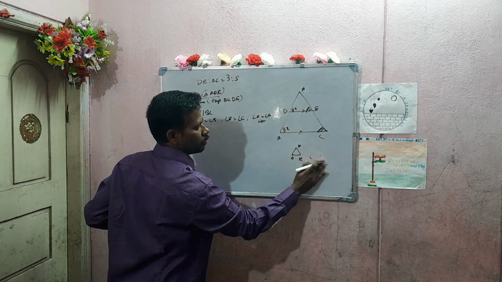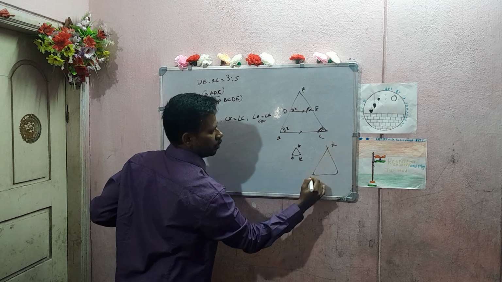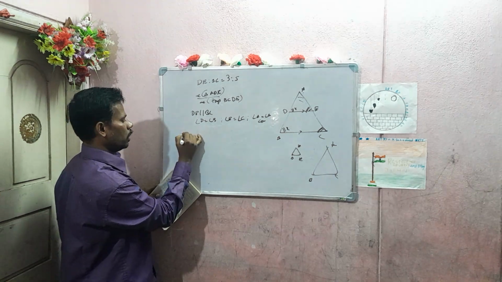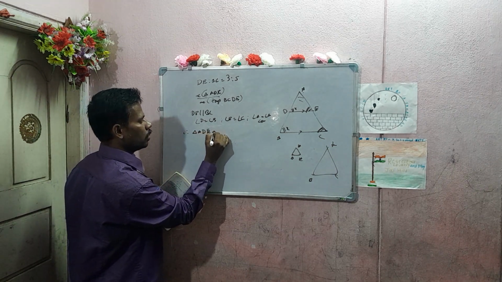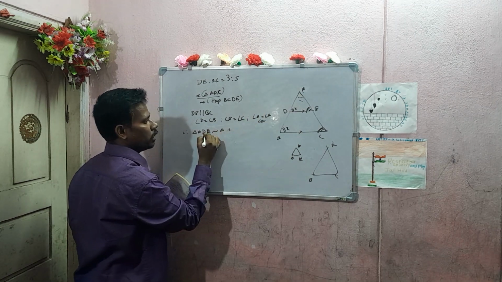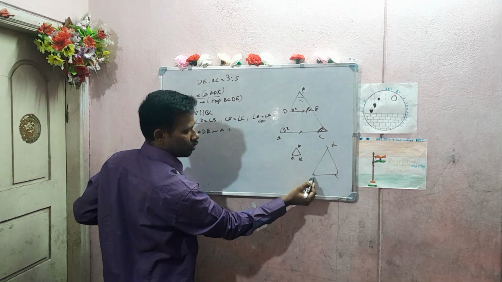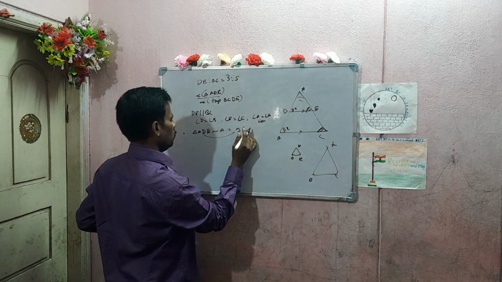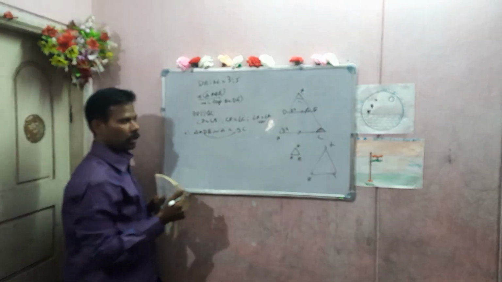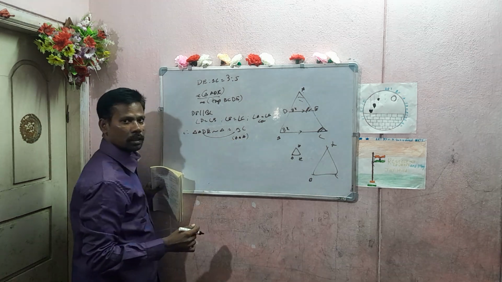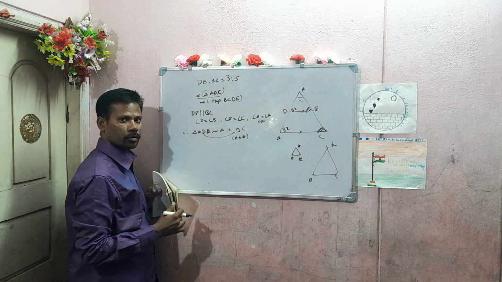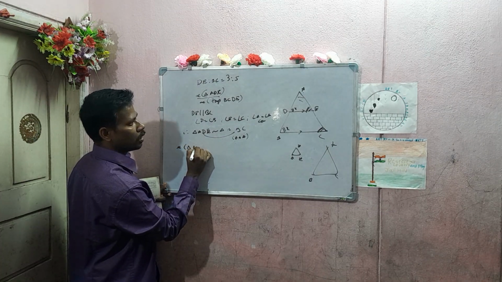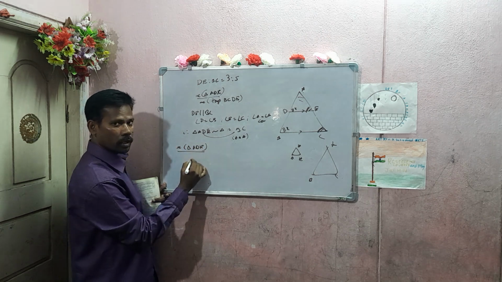This is ADE and this is ABC. This is the small triangle I drew here. Therefore, see that the letters should coincide. Triangle ADE is similar to triangle ABC. Letter A is coinciding with A, D should coincide with B, and E is coinciding with C. Therefore, two triangles are similar by angle. If two triangles are similar, the ratio of the area of triangle ADE